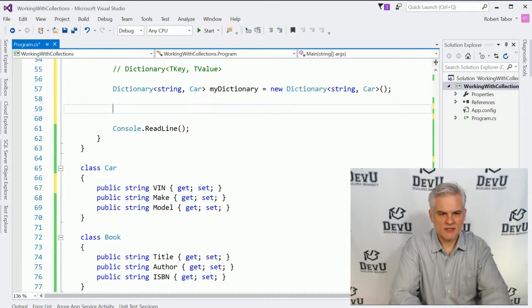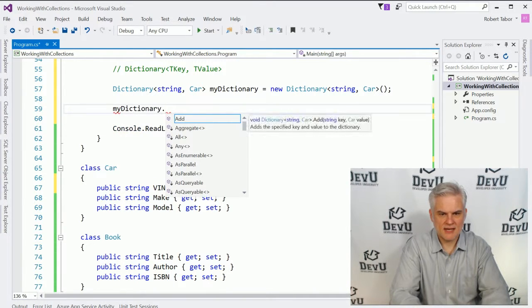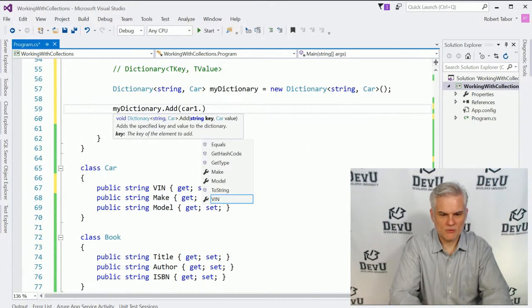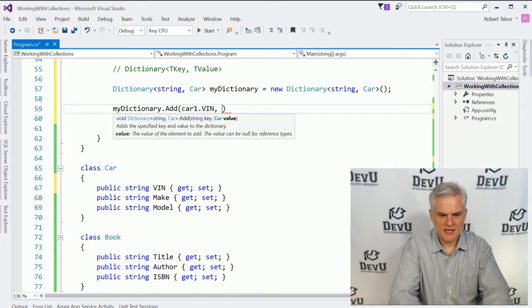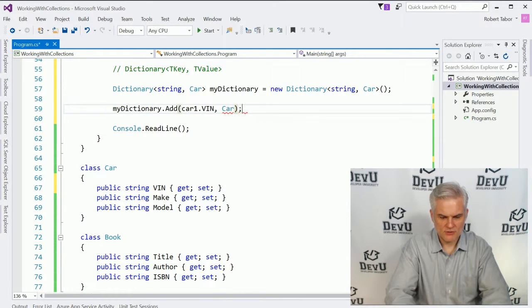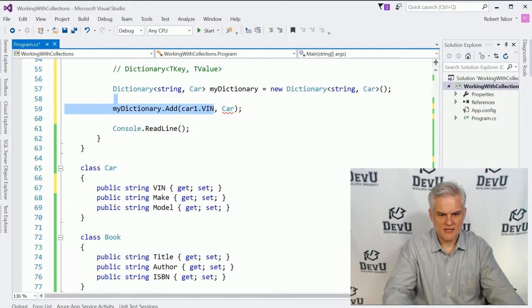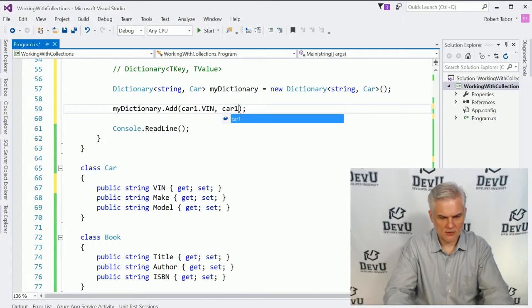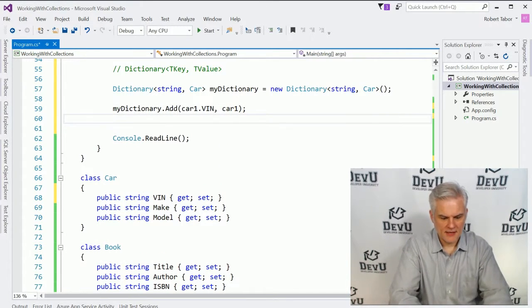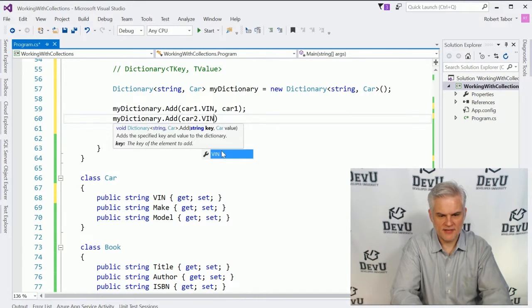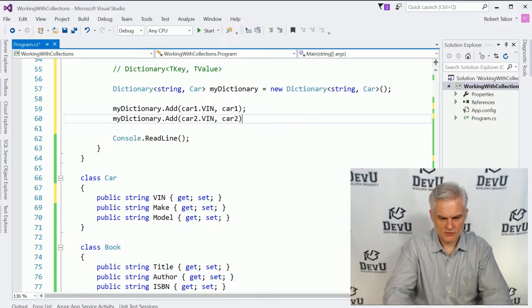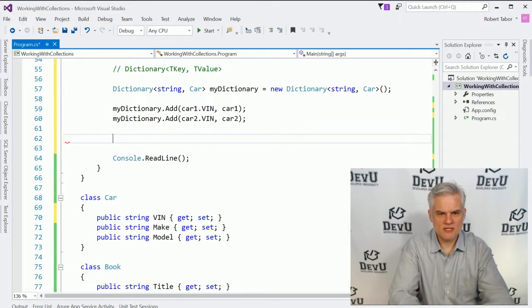And now that I have this, what I can do is go myDictionary.Add, and we'll do car1.VIN and pass in car as the actual value. So the car1 VIN again is our key into the actual car1 itself. Okay, and likewise we'll add car2.VIN and car2. All right, and so at this point here, if I were to attempt to find a given item, so